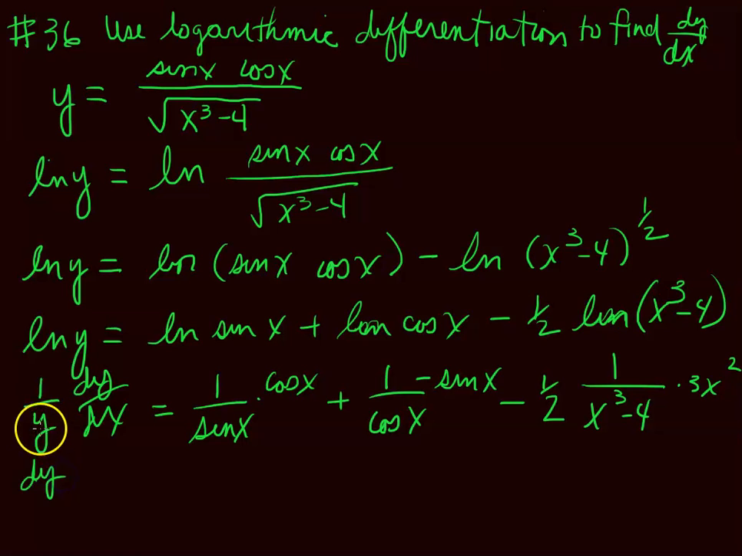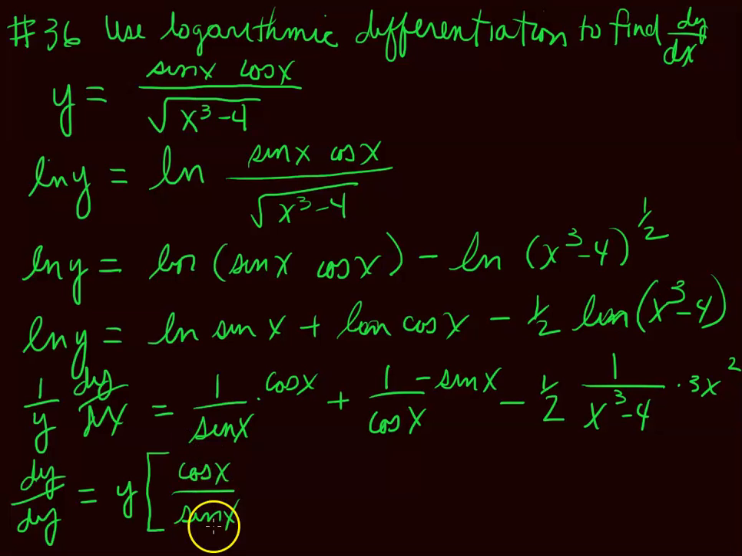Running out of room. I'm going to multiply both sides by y. So the derivative, dy/dx, is what we need to find. That's what it asks. It is y times. Now you can go back up here and substitute this first expression for y if you wanted to. I'm not going to right now. The cosine of x over the sine of x, you can rewrite that as cotangent. Plus, or minus, I guess, because it's a negative,